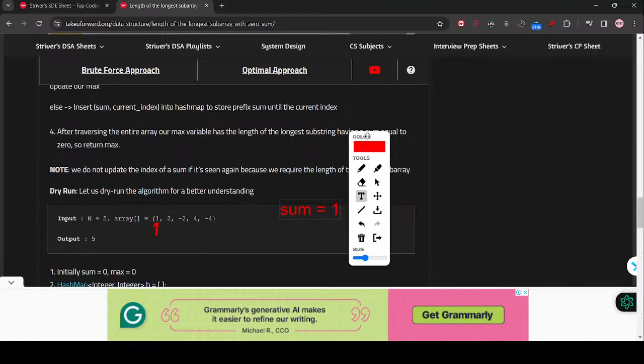Let's move it to come over here. Now we will be pointing over here. The sum will become 3. Now it will come over here. Sum will become again 1. So since sum has become 1,